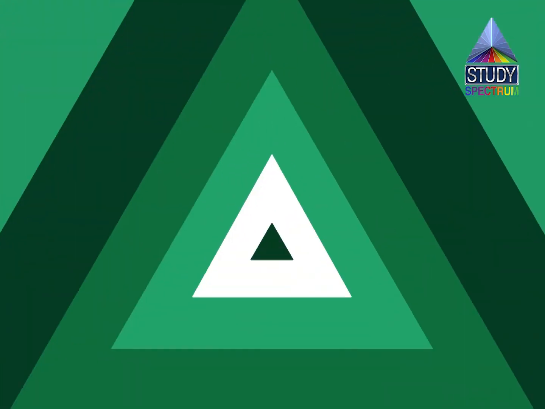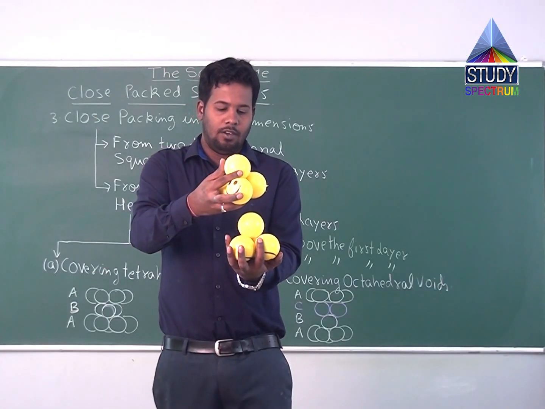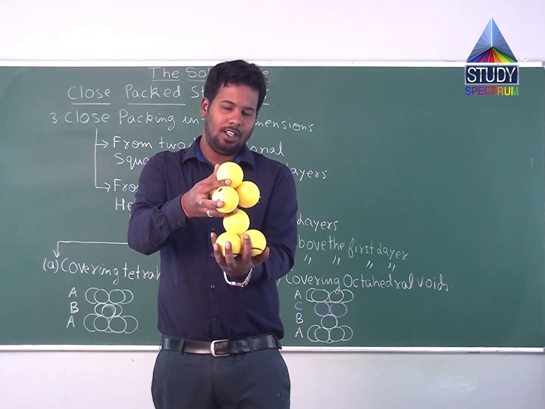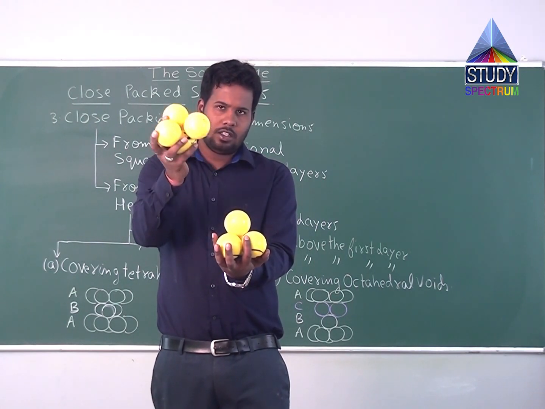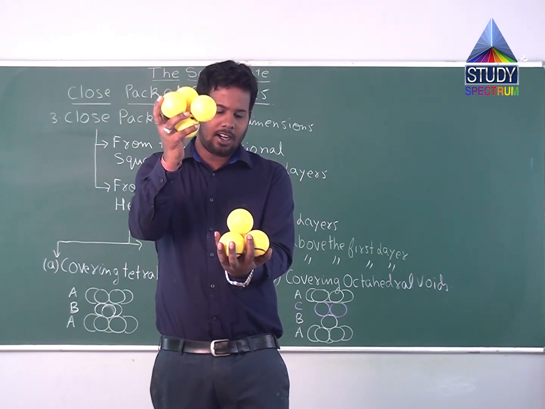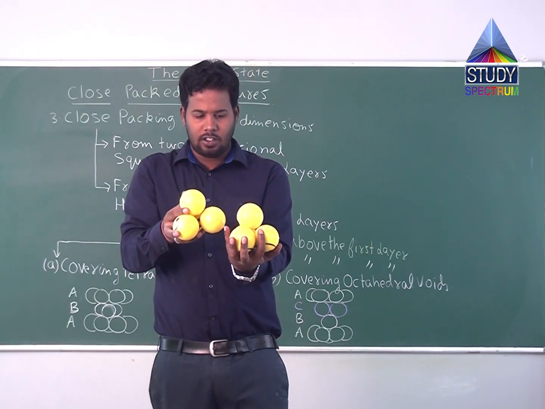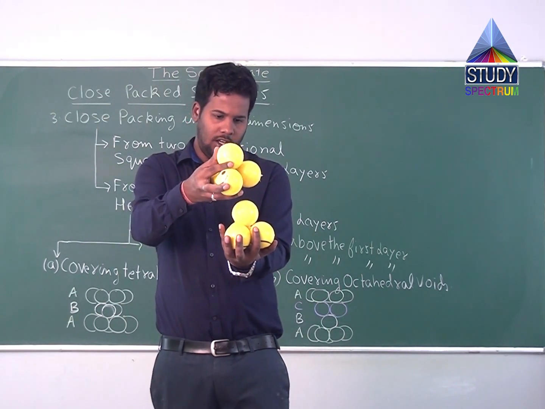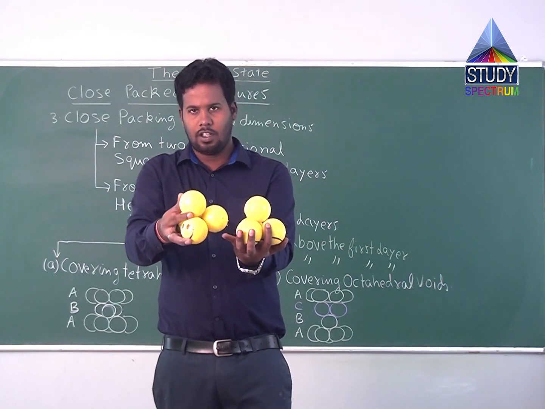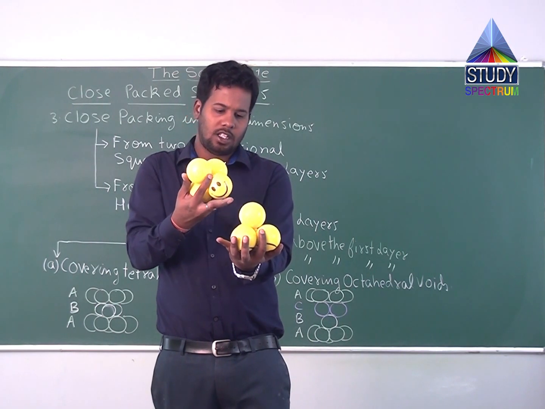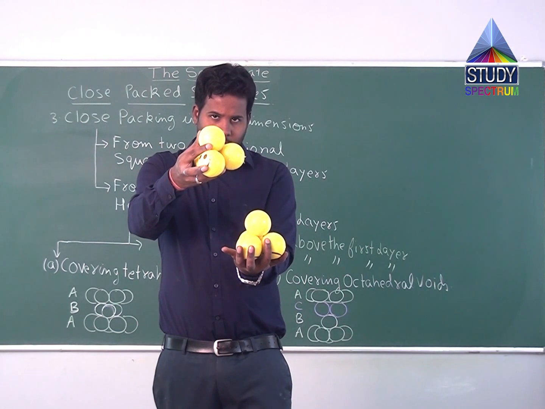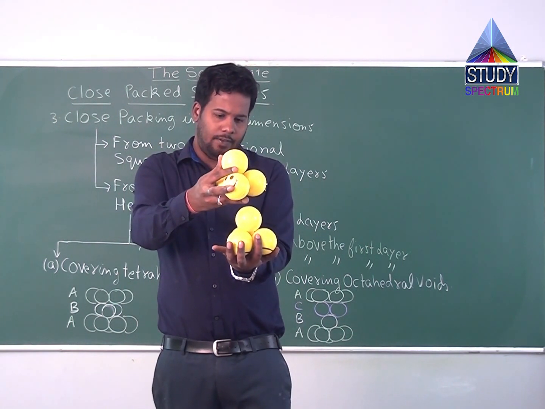Exactly above the first tetrahedral structure, in this fashion, you can see that the centers of these three spheres are now exactly in line with the centers of the bottom three spheres. If you see the centers of atoms of the third layer, this is the first layer, this single atom placed above it is the second layer, and these three are the third layer, and above it is the fourth layer. So if I cover this tetrahedral void like this, you can see that